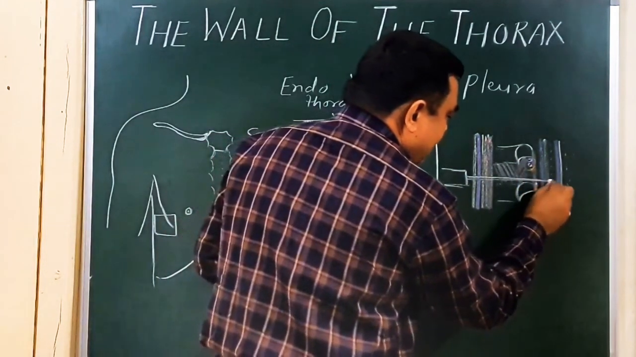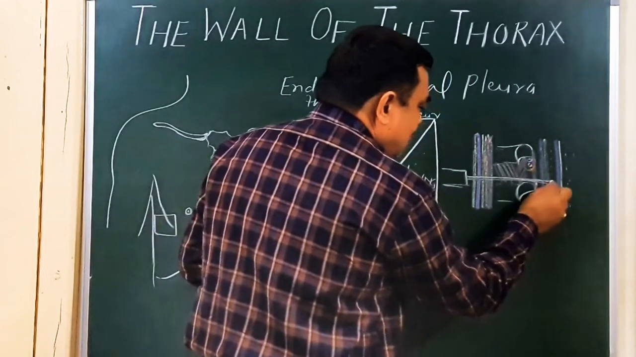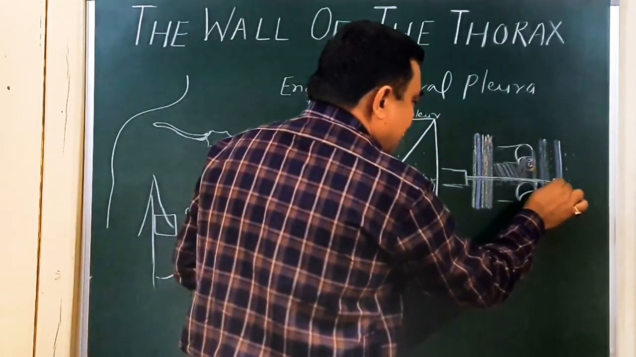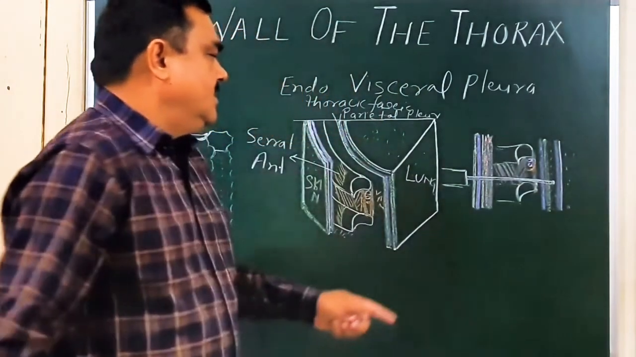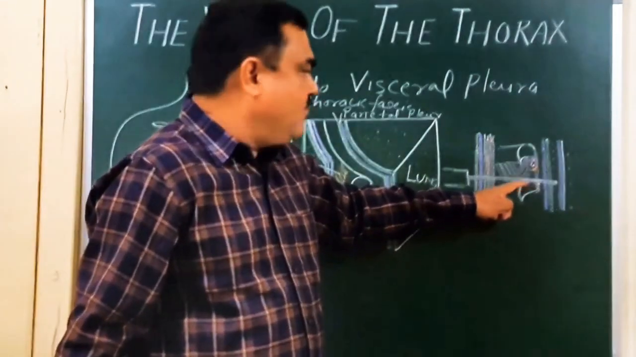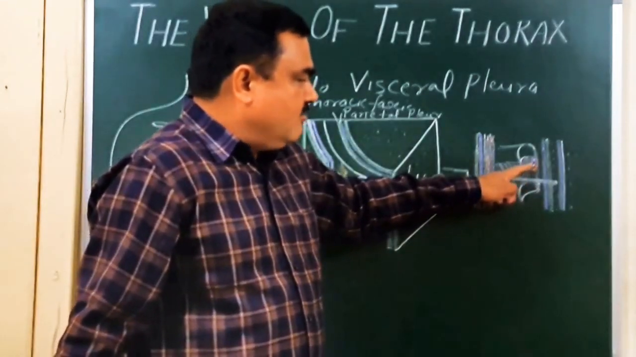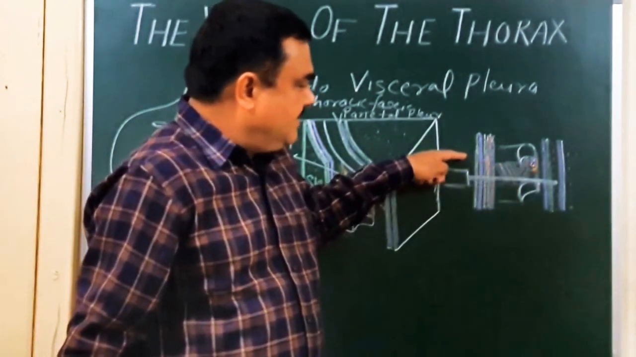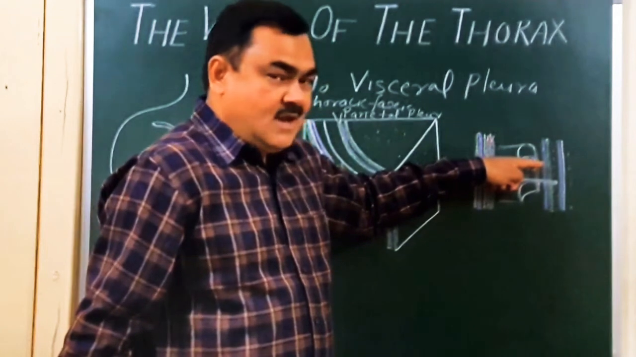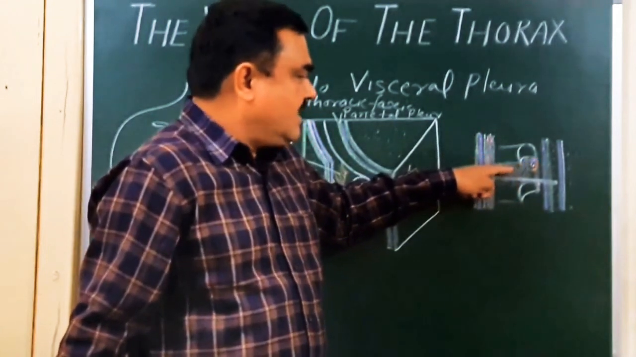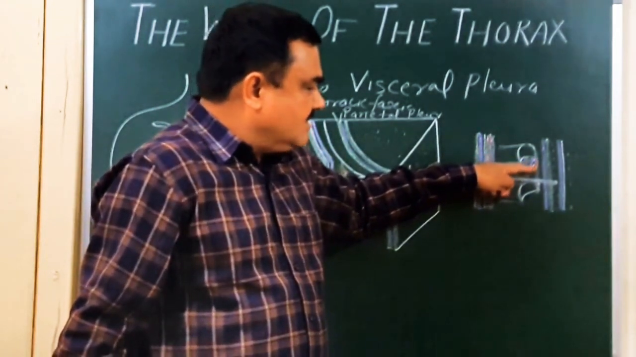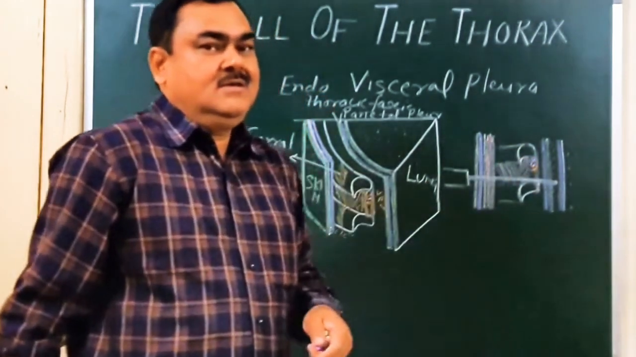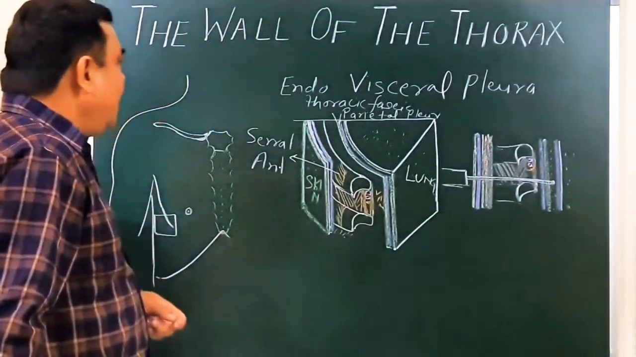For the removal of this fluid in case of pleural effusion, this is clinically important. Here neurovascular bundle are present. If needle is inserted from here in upper part of this intercostal space, then this nerve or vessels may be injured. So this is all about the